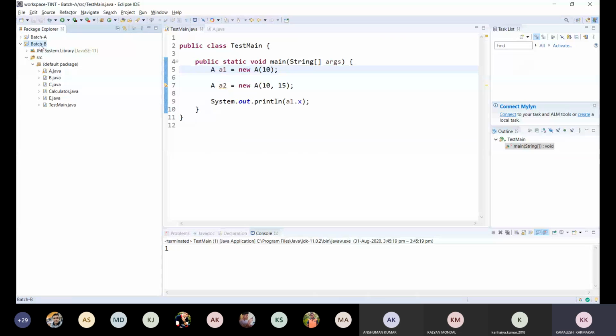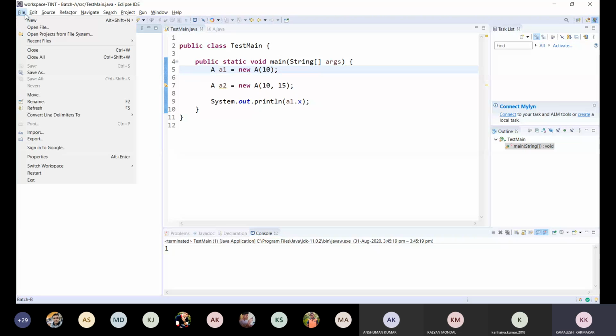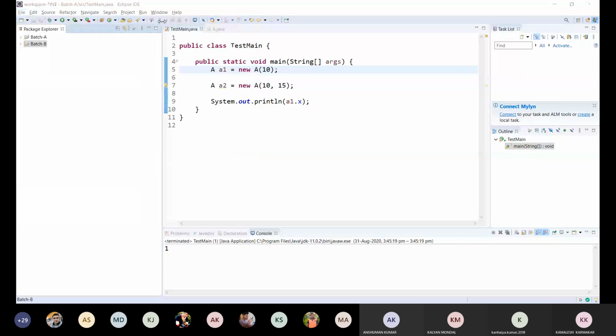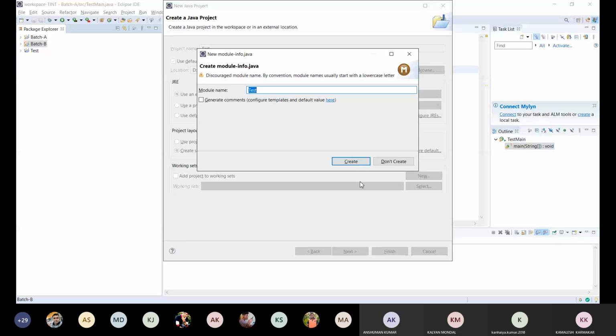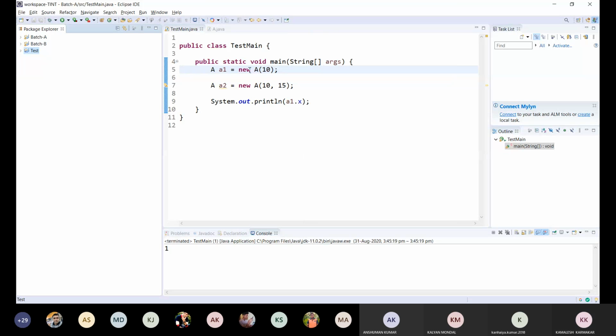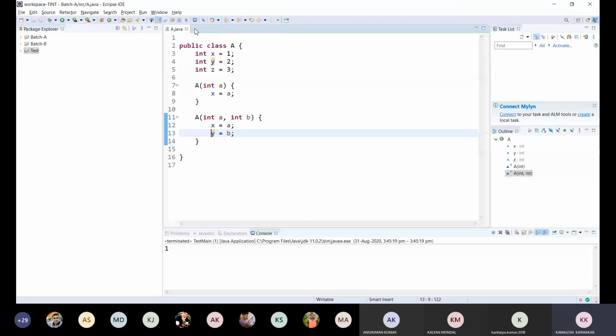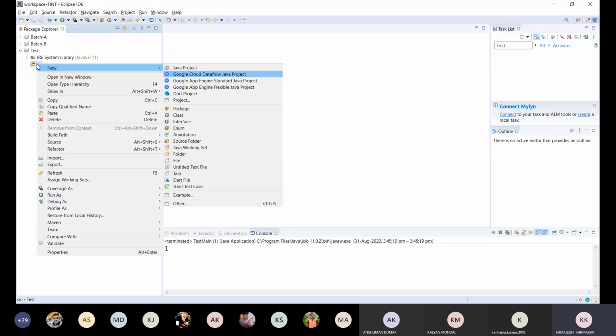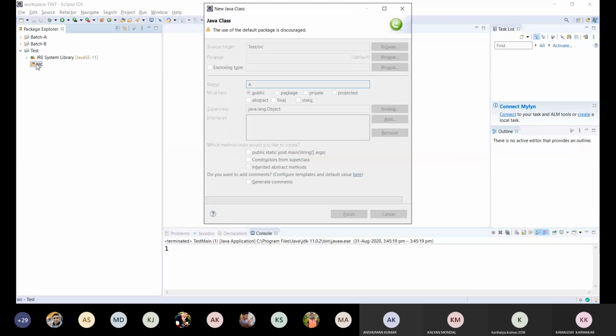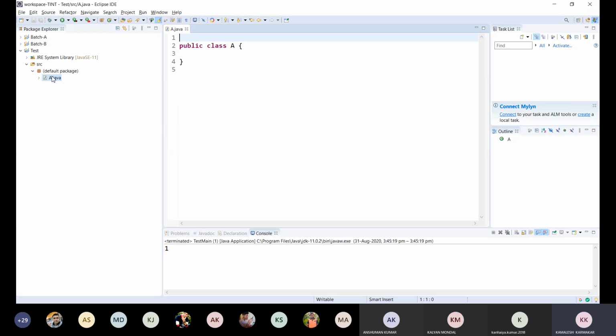I will create another project, test. Just closing them. I'm going to define three classes. Say the topmost class is A. A is the topmost class.